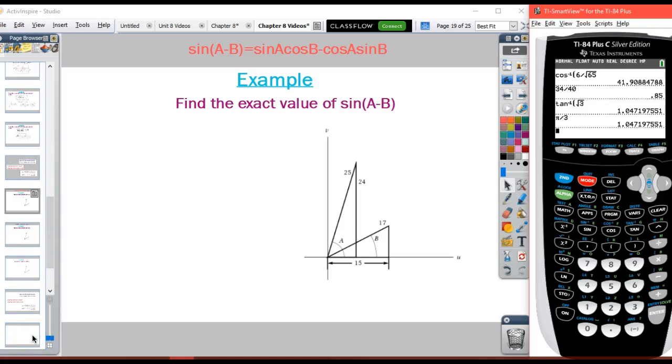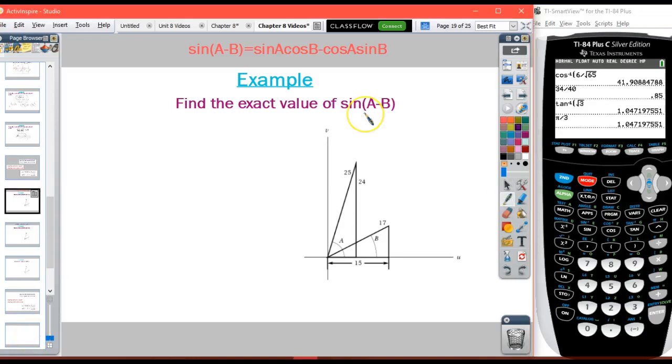In this example, we're asked to find the exact value for sine at an angle of A minus B. And we don't know what A and B are, and we really don't need to know because we know the side lengths of at least two of the sides of the reference triangles for each of the angles. The first thing that we're going to want to do is find the missing sides of these triangles using Pythagorean